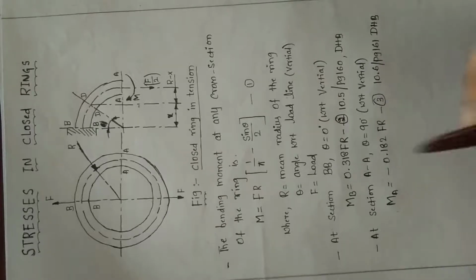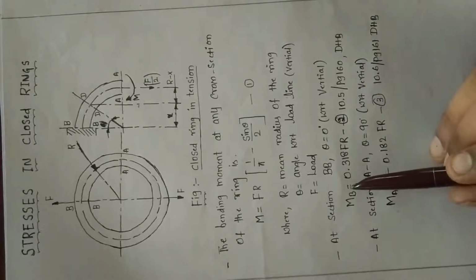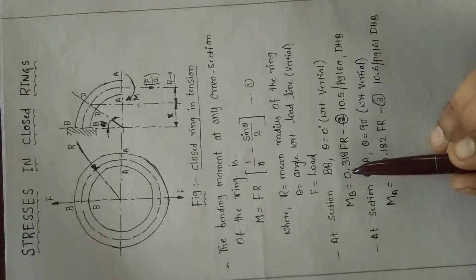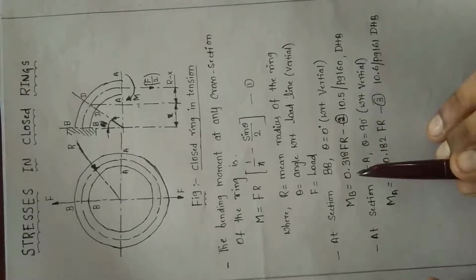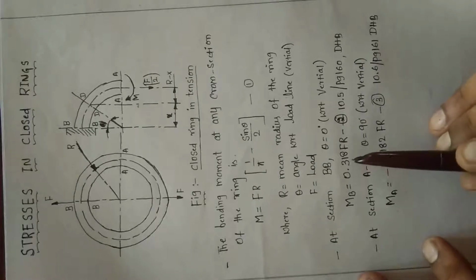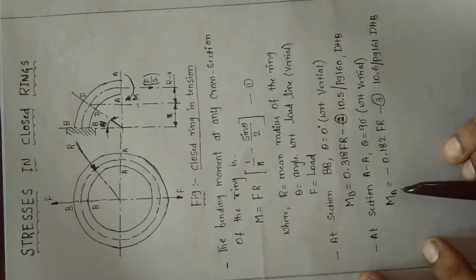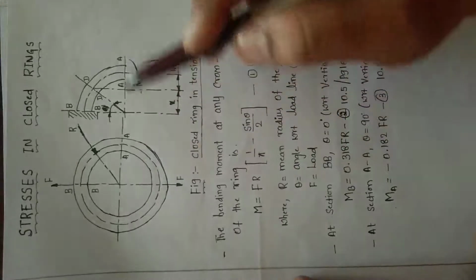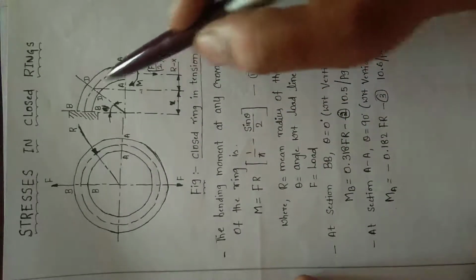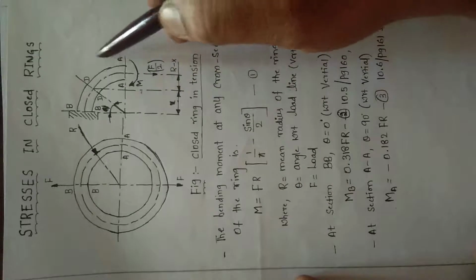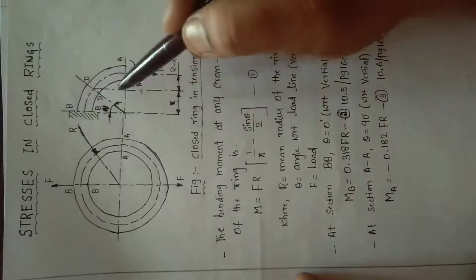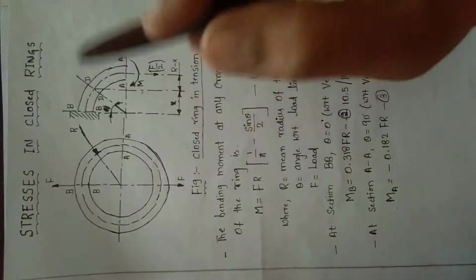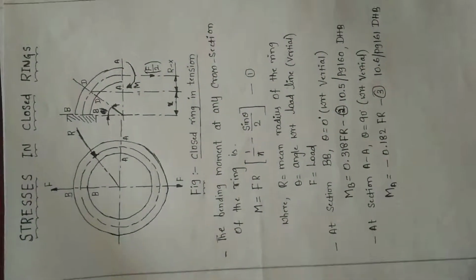Okay. So here the signs will change. The section at B, if it is negative, it will be in compression. If the section A moment is positive, it will be in tension. Okay. So the diagram whichever we have considered, we can consider the remaining things also because of the symmetry. Here, in the diagram we have considered, the inner fiber will be in compression, outer fiber will be in tension. It may vary depending upon the orientation we change. Okay, fine.